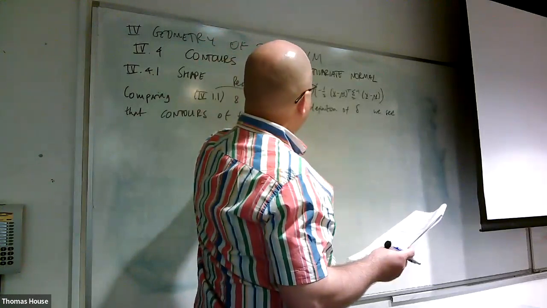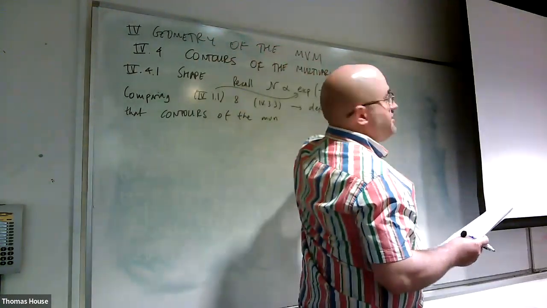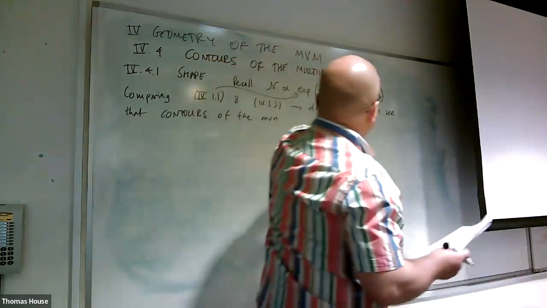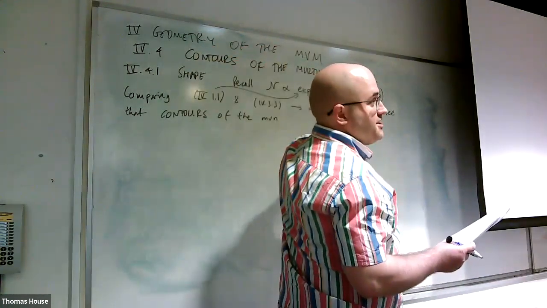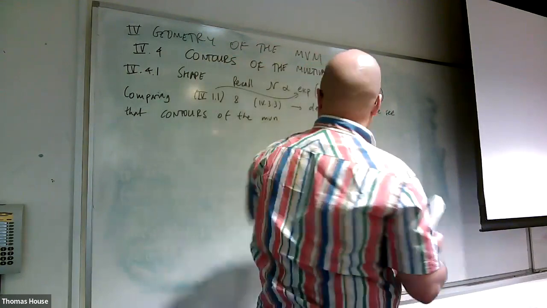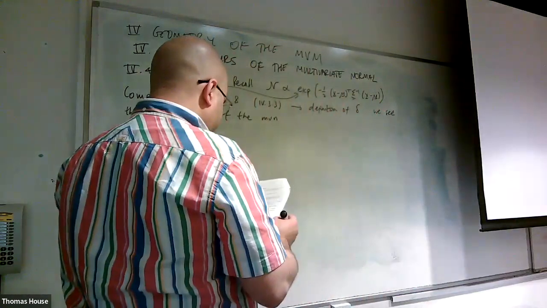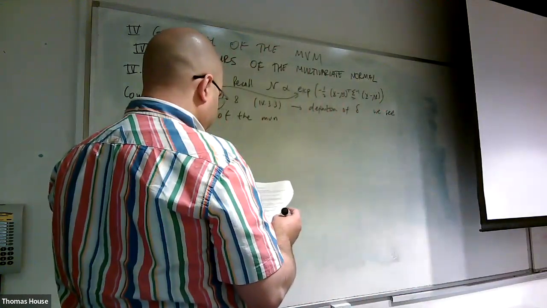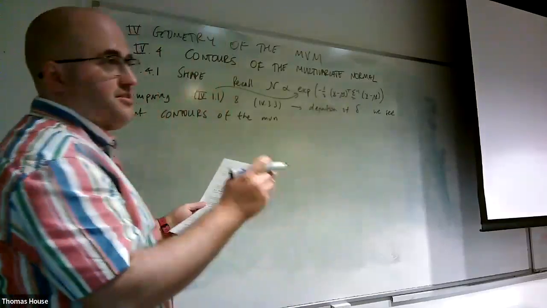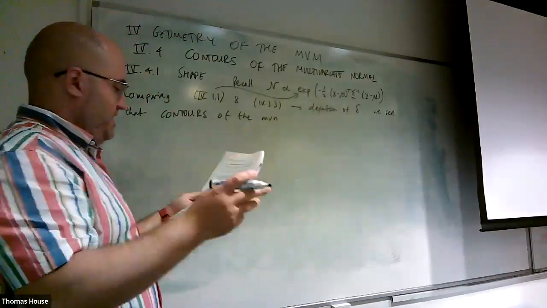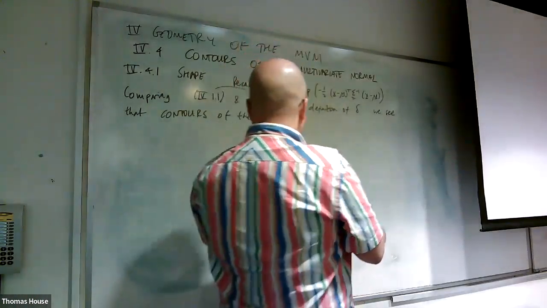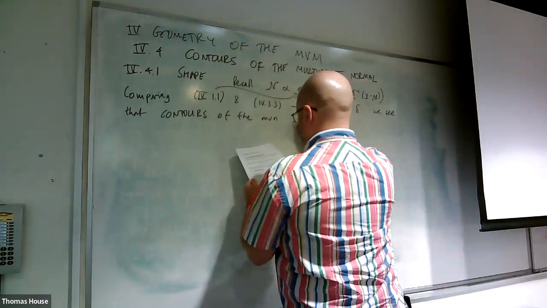So when this probability density is constant, this quantity here is going to be constant, yeah? And this quantity is like a squared Mahalanobis distance, yeah? So if the square of something is constant, that thing is constant. So they're curves, or in higher dimensional things, they're surfaces, right? Contours of the MVN are